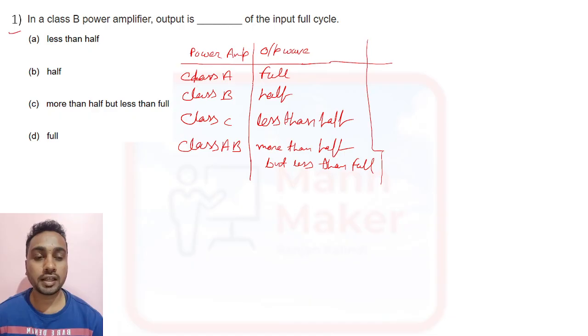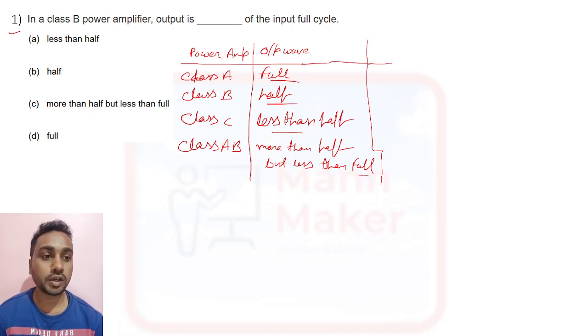Okay, in class A, the full waveform will come in the output for an input cycle, and in class B the half waveform will come. In class C less than half waveform comes, and in class AB more than half but less than full waveform will come. Okay, so according to this we can say about the conduction angle